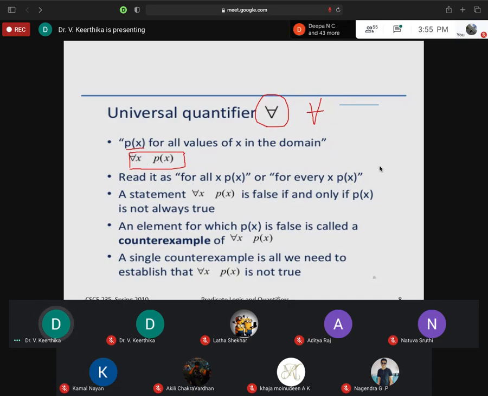If I write it like this, for all x, P of x, this P of x can be any statement, any propositional function. It can be true for all the values of x. That is how you read it: for all x, P of x is true.